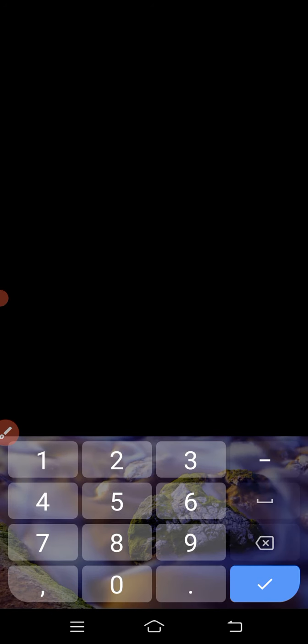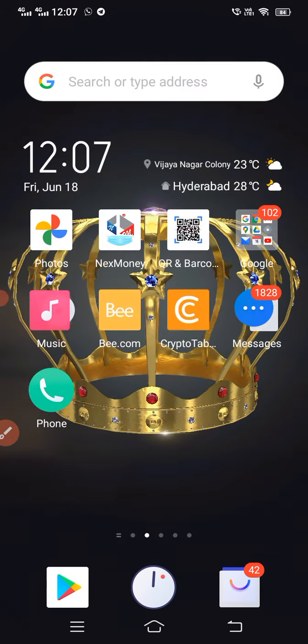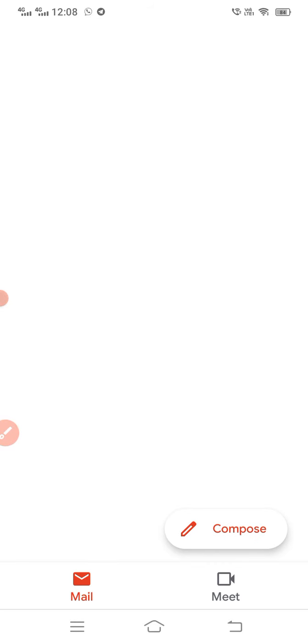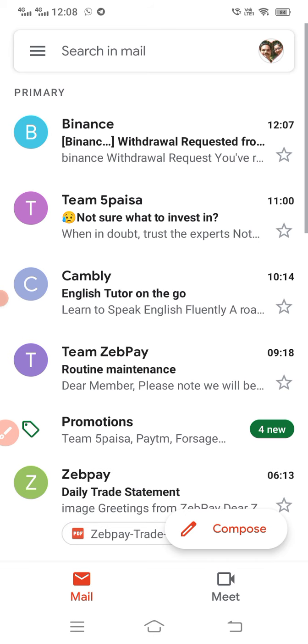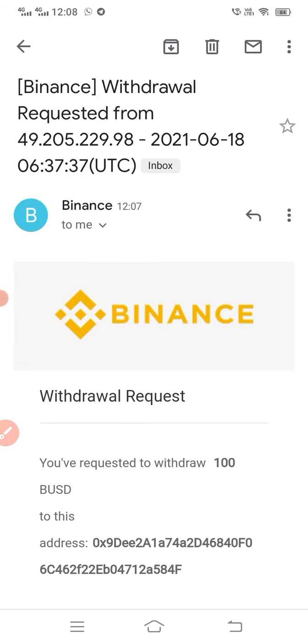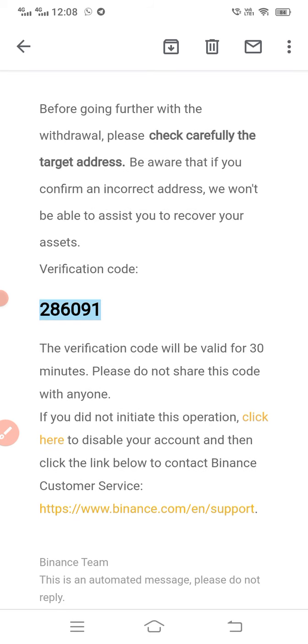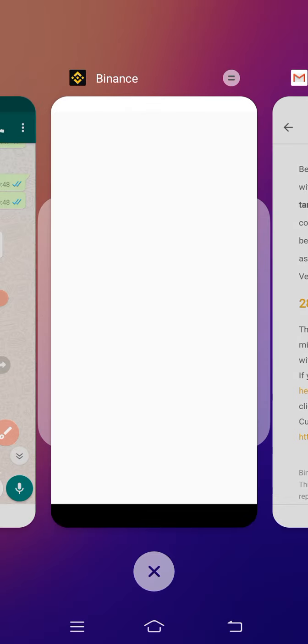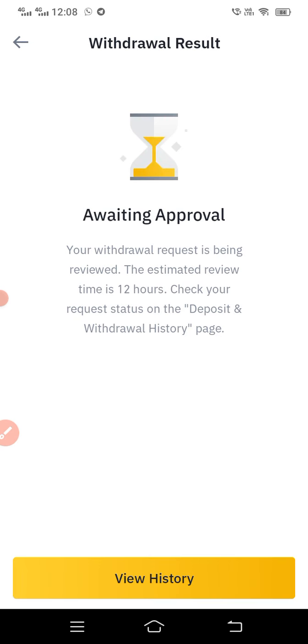Now go back. Now I go quickly to my email ID. This is the only thing where you have to be very quick, because two-way verification is very important. Here you will get an email like this from Binance. I'm going here because with two-way verification no scammer can do anything. No manipulation, no changing, nothing. So here I'm going and copying this code. First time it will be difficult. Later it will be very easy for you. See, I'm going here. 10 seconds are left. I'm putting my code, submit. That's all. Waiting for approval.